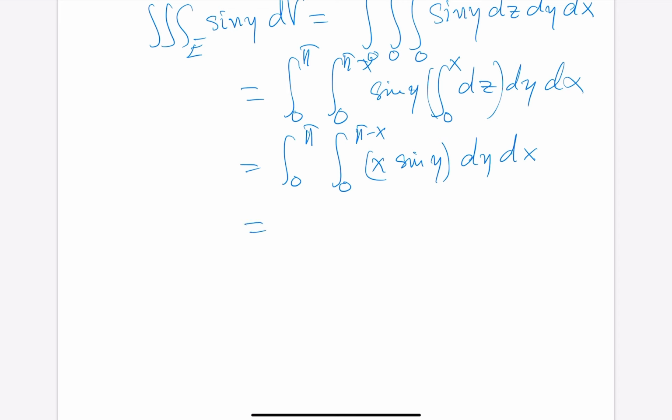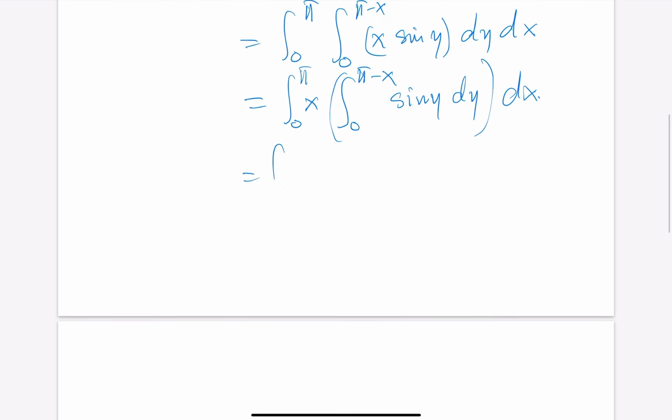So if you check here, you can tell, you just keep moving and you get the answer you want. So just let me do one step and then I may stop. And here is the variation of y, and then you can move the x and you have 0 to pi negative x, and you have the sine of y, and you have a dy, okay, and you have a dx, and